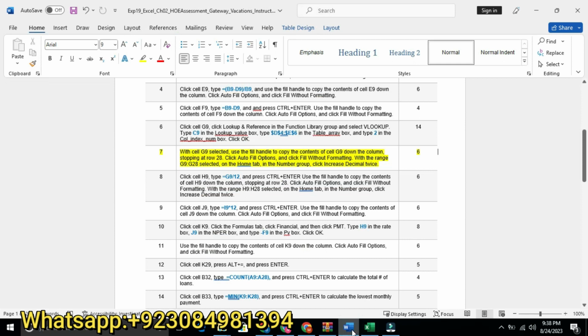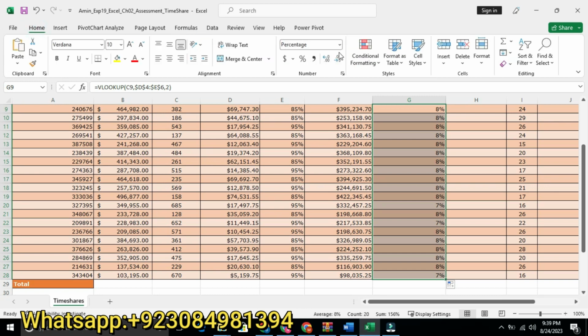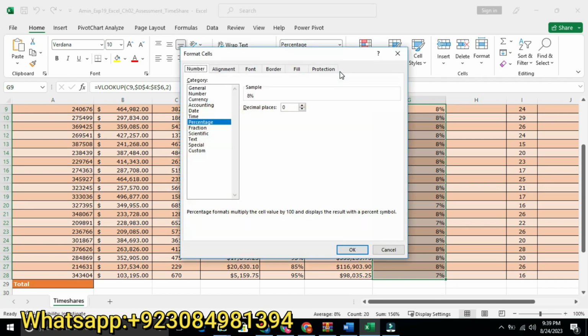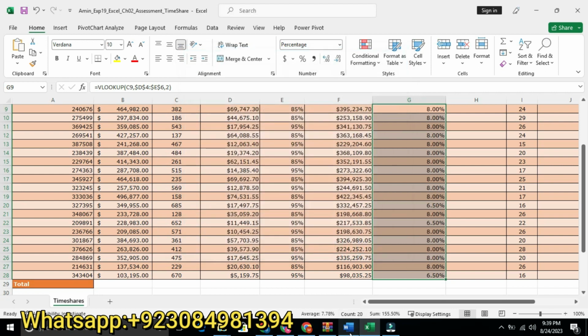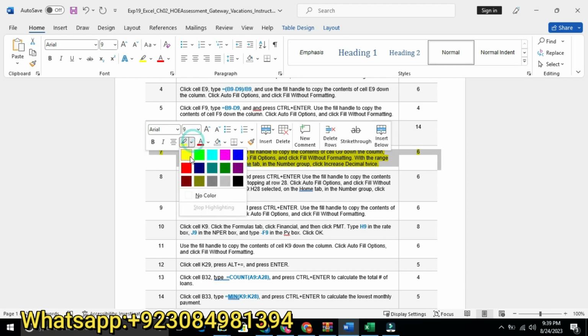And what is he saying? On the Home tab in the Number group, click Increase Decimal twice. We will go to the Home tab, use the Number group and increase the decimal places by 2. Our seventh step is now completed.